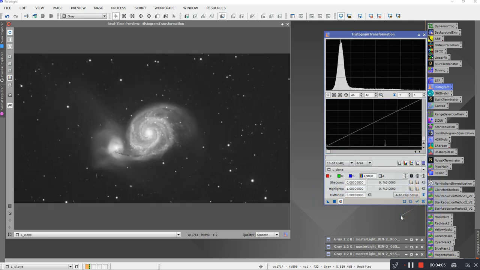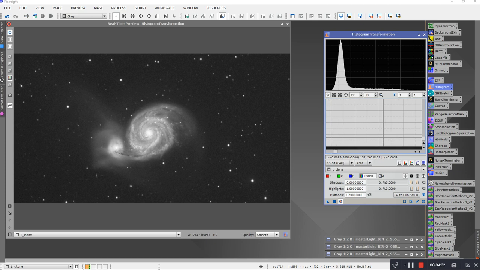And then we're going to reset, and because I'm zoomed in, you see there's already the one piece of data right on the left hand side there. So I'm not going to bring the dark point down at all. I'm just going to leave that where it is, because otherwise I'm cutting data out, which is what you don't want to do. So now that it's been stretched, you can see where all the other data is in there,